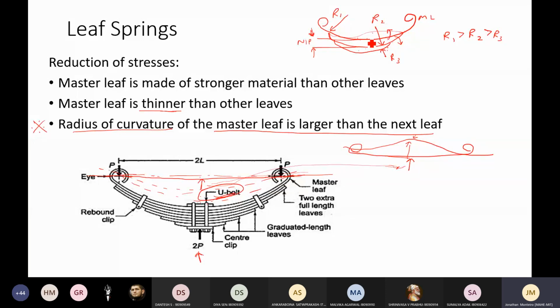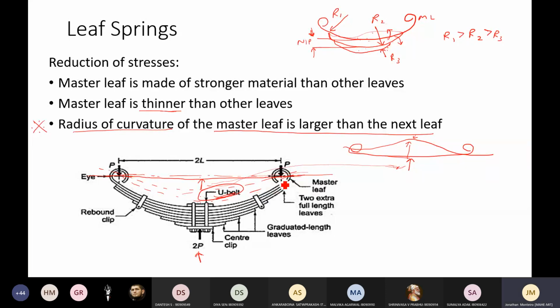Our original idea or just immediate idea may be to manufacture all the leaves in the same radius of curvature, but it is not the correct procedure. You have to make of a different radius of curvature so that they balance out each other, and see that this bending moment is adjusted for all the leaves so that uniform strength beam is obtained, and also there is sufficient gap for it to perform that deflection. Sufficient gap, not taking it to the other side. Okay, sufficient gap to perform that deflexive action or suspension action is to be given over here.